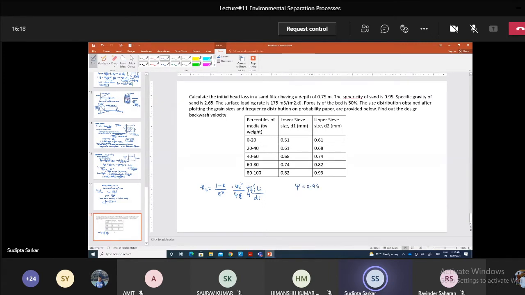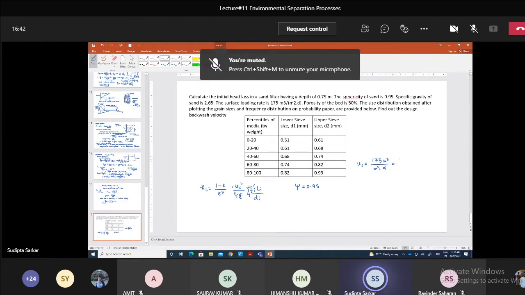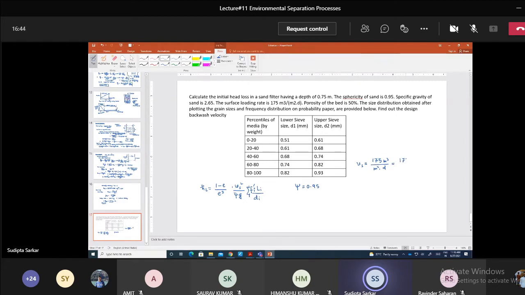Okay, and let us also convert this 175 Ds into meter cube per second per meter square. So this is 175 meter cube per meter square per day. So we want to convert it into meter per second. So if you want to do this,